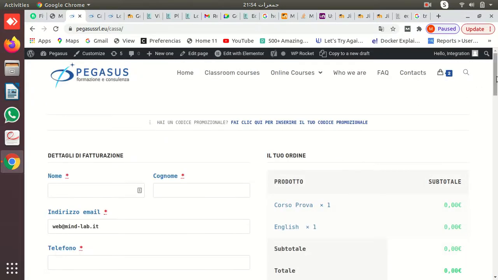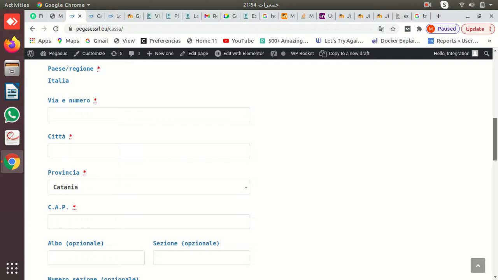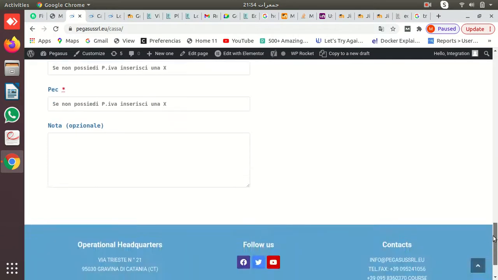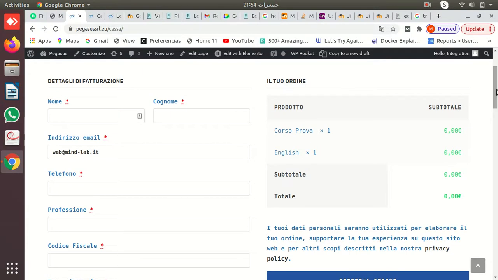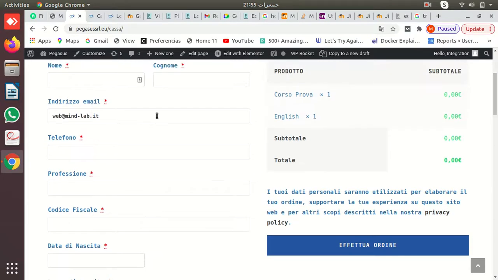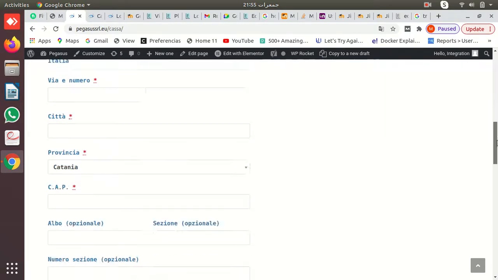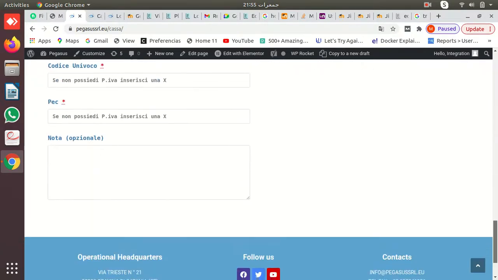Once you proceed, you have to fill in all these fields. Once you add the fields, the payment will be due through WooCommerce. Everything will go smoothly, and you will be enrolled in the Moodle website course called test course. These were the fields that I have created on Moodle as well.